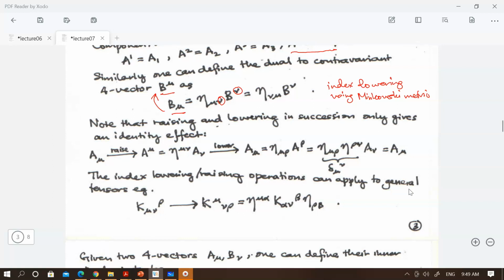And you can see that if you do it twice, then you get back the same thing because you have this condition between the inverse metric and the metric. Okay. So now we can do this to any general tensor. So here is an example where I have a 1,2 tensor. Okay. Contravariant rank 1 and covariant rank 2. Convert it to a, in this case, it will be